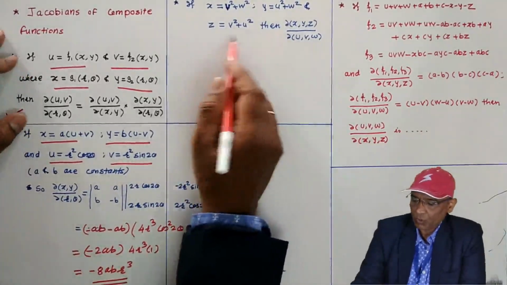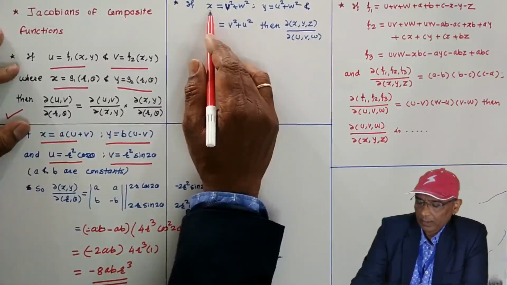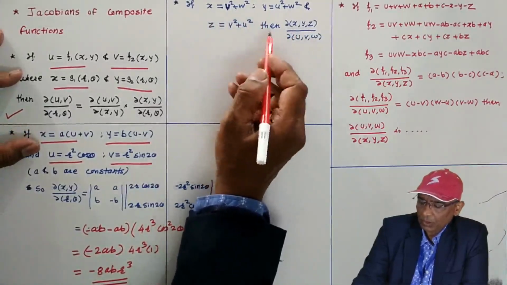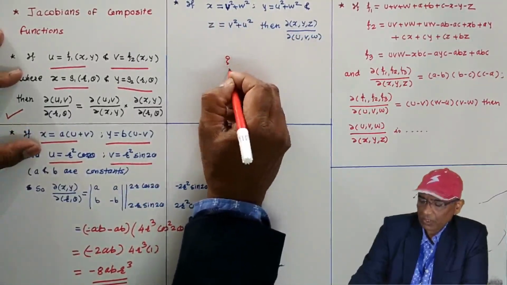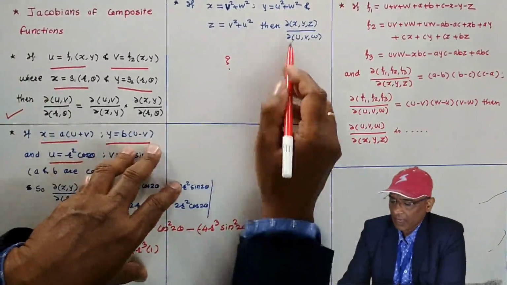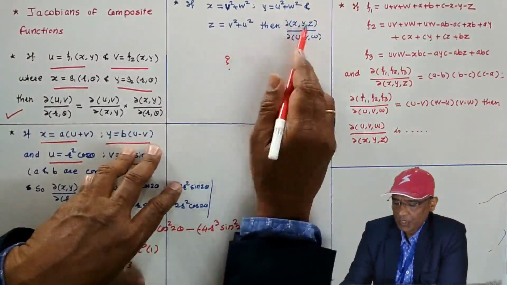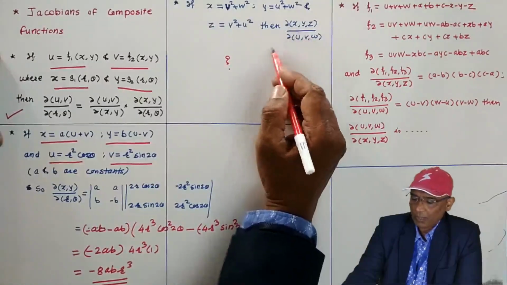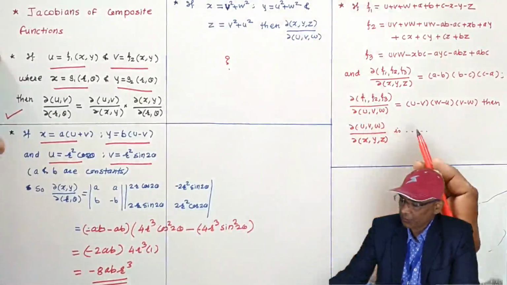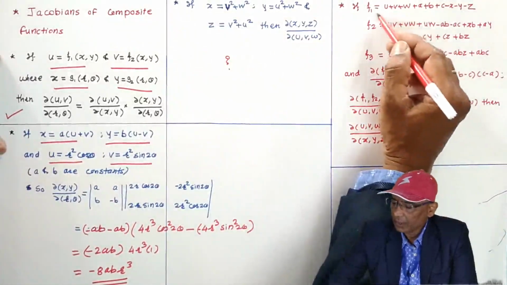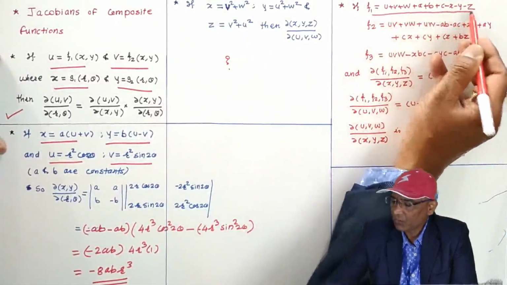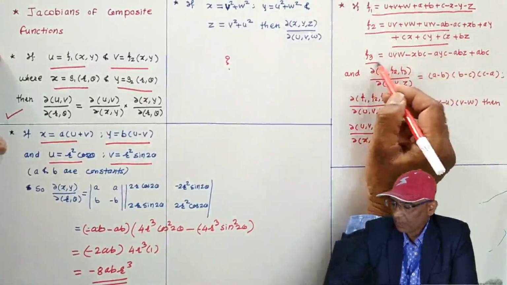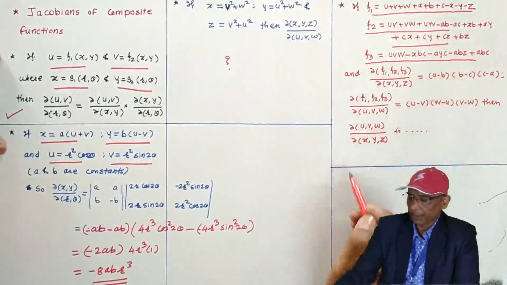Here in this problem also, x, y, z are functions of u, v, w. You can easily find out value of this. Okay, this is for you. Del x, y, z by del u, v, w, because this is a problem of explicit function. Directly use definition of the Jacobian and try to find out for practice purpose. Here, see, f1 is a function of x, y, z, u, v, w. f2 is a function of x, y, z, u, v, w. f3 is a function of x, y, z, u, v, w.